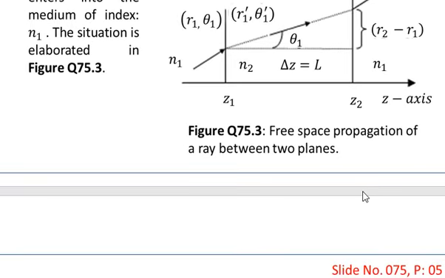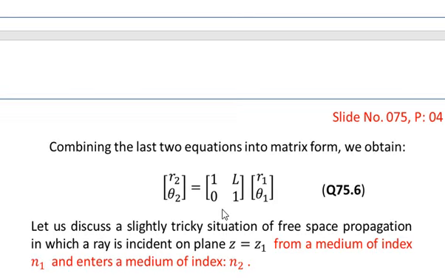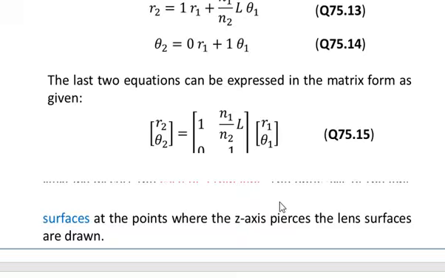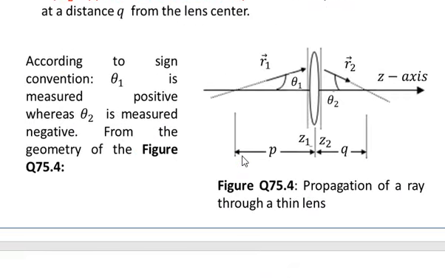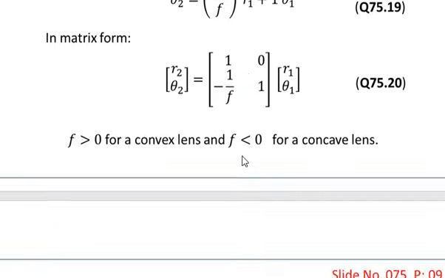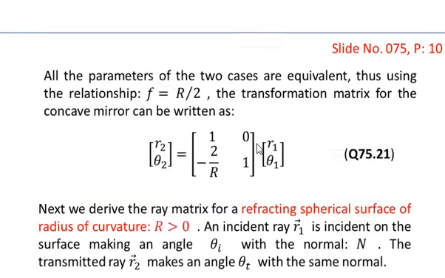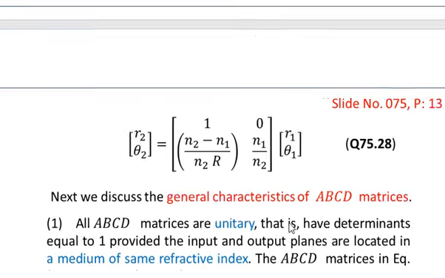So you see that this is equation number 6. This matrix is unitary because it has a determinant equal to 1. Then equation number 15, the matrix having determinant equal to 1, again a unitary matrix. Look at this matrix, again a unitary matrix. 21, again a unitary matrix. So you see that sometimes we have unitary matrices, sometimes we have non-unitary matrices, and the difference is what I